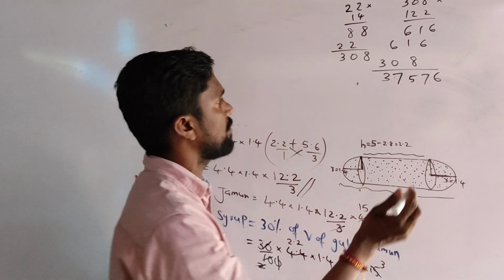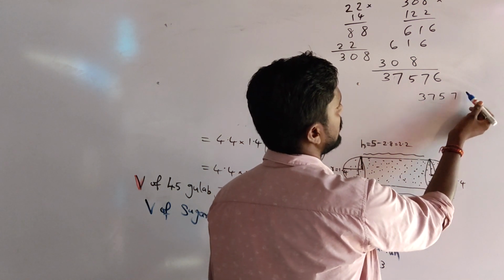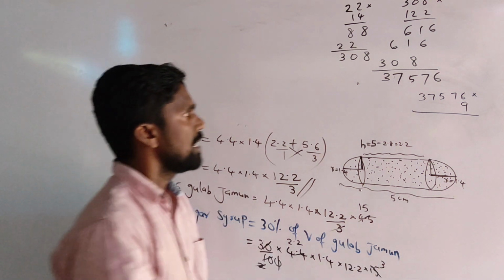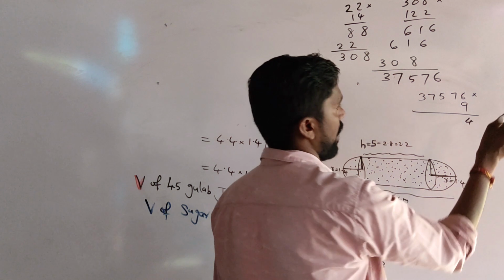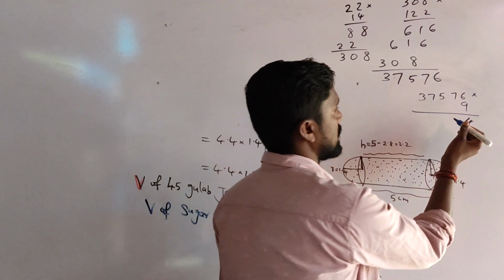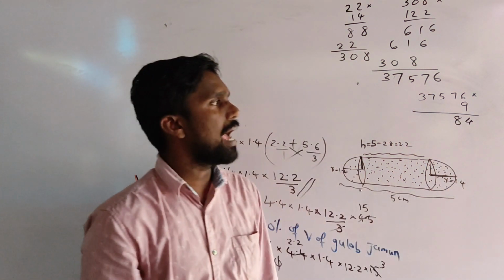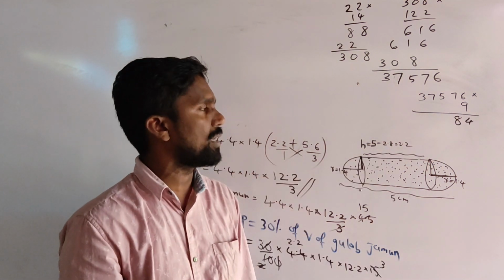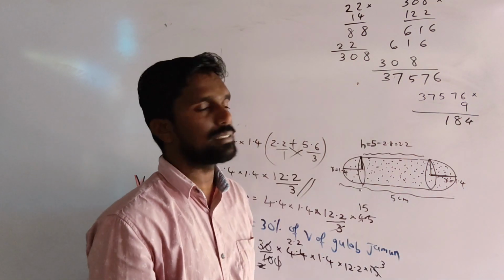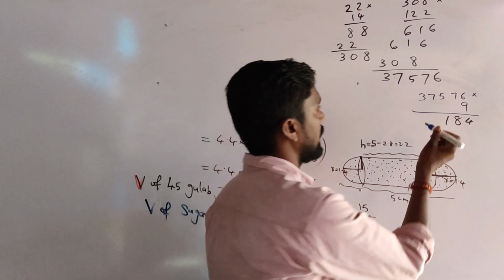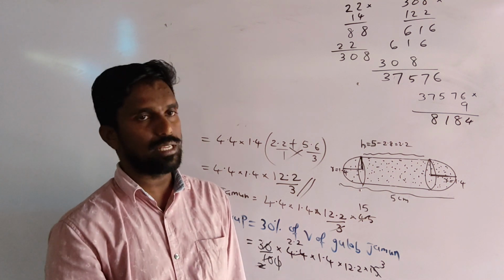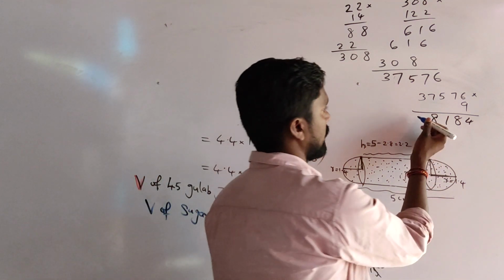Then 3756 into 9, because 3 into 3 means 9. 9 into 654 balance 5. 9 into 763, 63 plus 5, 68, balance 6. 9 into 540, 545 plus 651, 1 balance 5. 9 into 763, 63 plus 5, 68, 8 balance 6. 9 into 3, 27, 27 plus 6, 33, that is